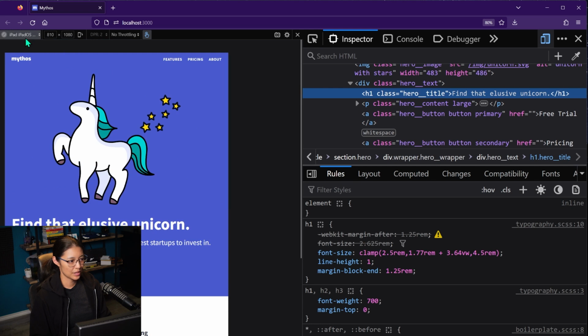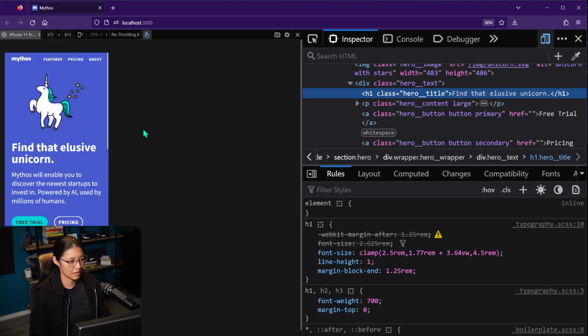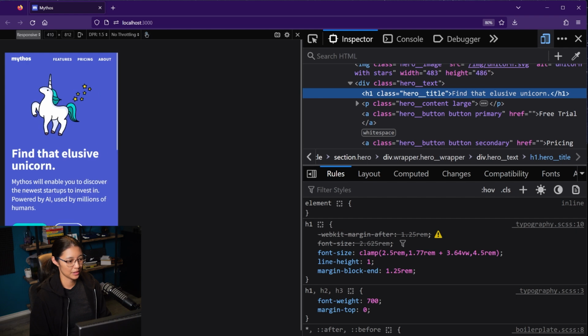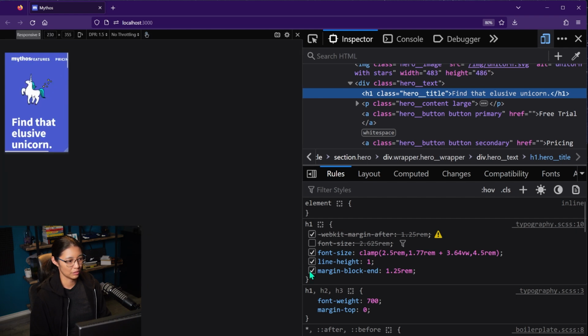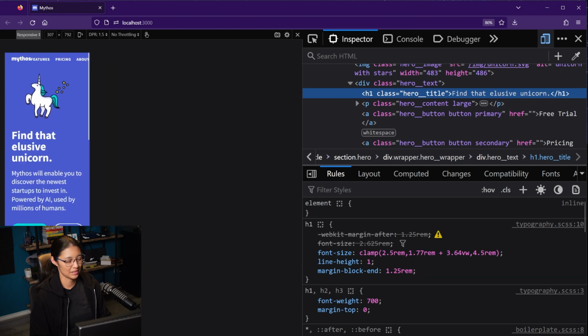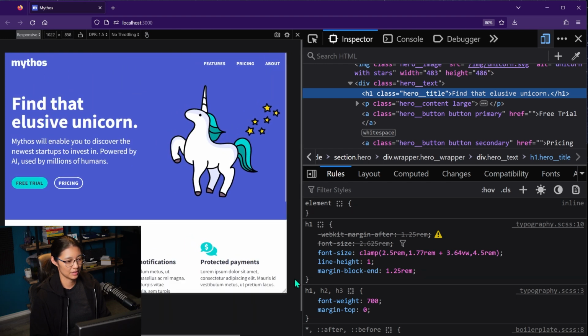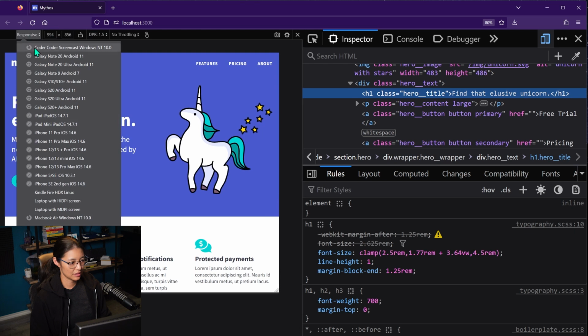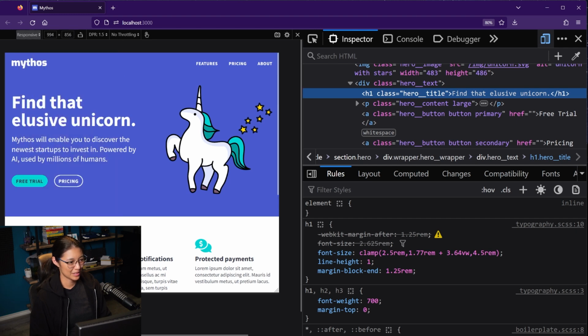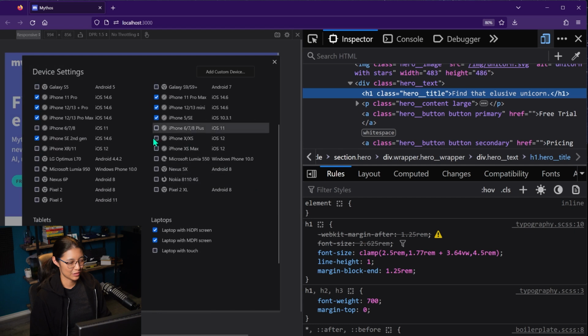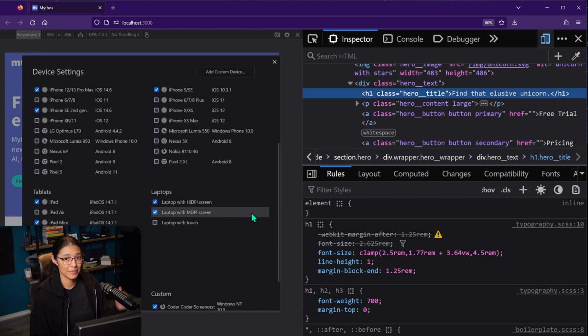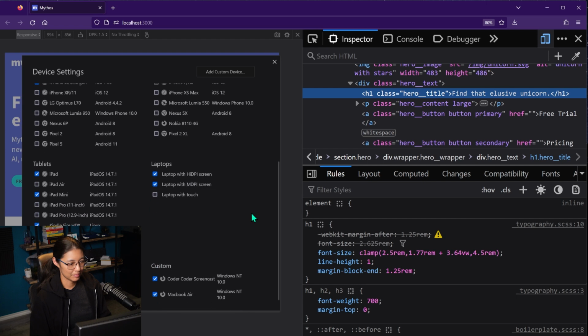And one cool thing is that you can still manually change the viewport width and height. So if you look in this bottom right corner, there's a little draggable thing. So you can change that. And this is really helpful when you're testing your responsive styles and you want to make sure things look good. Also in the devices, there's actually more devices than are displayed in this dropdown. So if you want to look at more of them, if you click on the bottom to edit list, then you can check and uncheck whatever device you want to show up in that menu when you're clicking them.